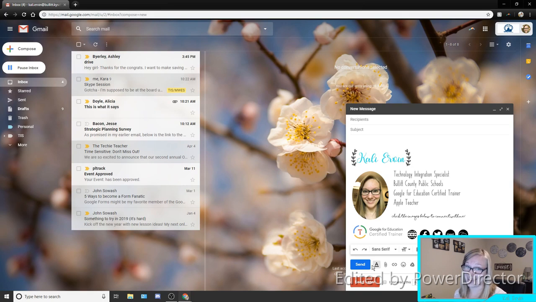The only thing is with a business email account like we have in Bullitt County, your school email is technically tied to an organization. Boomerang, the free version, only gives you 10 schedule credits a month. Typically, I usually don't even go over that in my position. Usually, I only schedule maybe 5 emails, like 1 a week, sometimes a couple a week. I've gone over a couple of times,